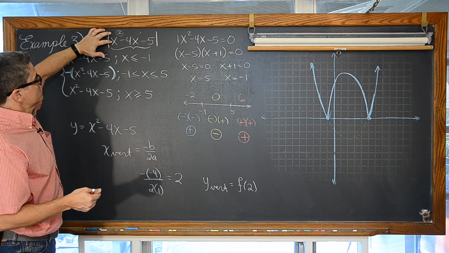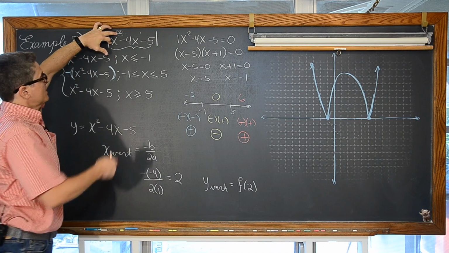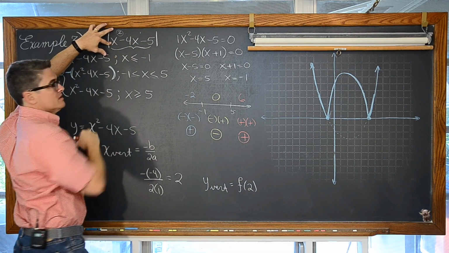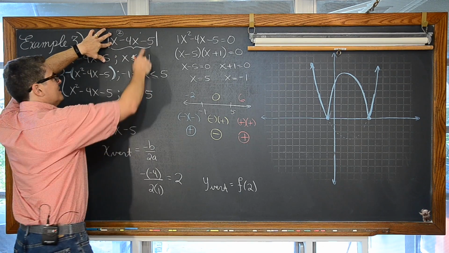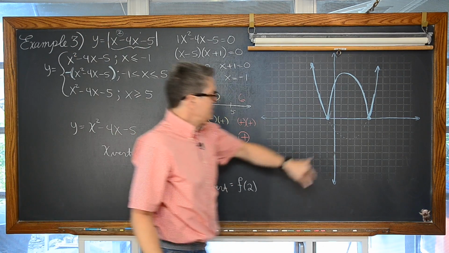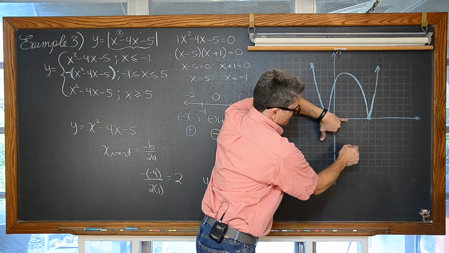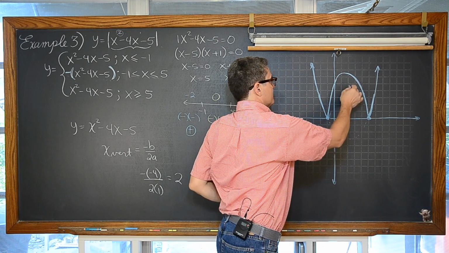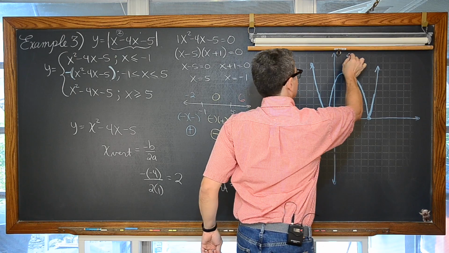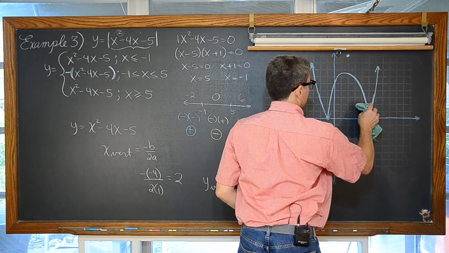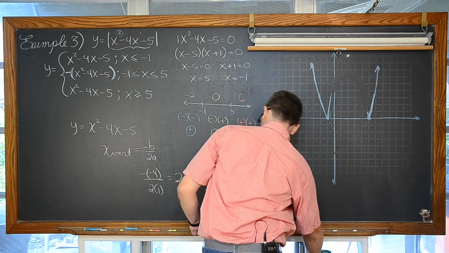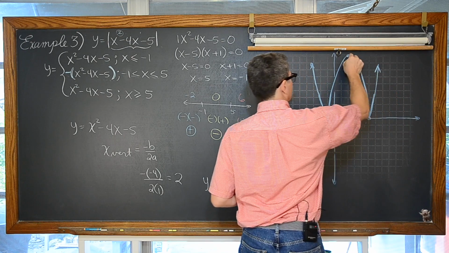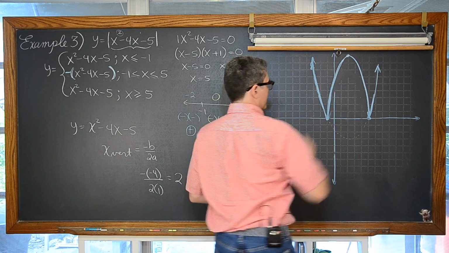Well, we can do that. I guess we got 2 squared is 4. We've got negative 4 times 2 is negative 8. So we have 4 minus 8 is negative 4, minus 5 is negative 9. So actually, at the x value of 2, 1, 2, 3, 4, 5, 6, 7, 8, 9, instead of being at y equals negative 9, it's going to be at 1, 2, 3, 4, 5, 6, 7, 8. Oh, I could fit it up here at positive 9. Well, now we're making an even better version of our graph, and say that it looks like this. And then boom, bouncing off the x-axis, something to that effect.